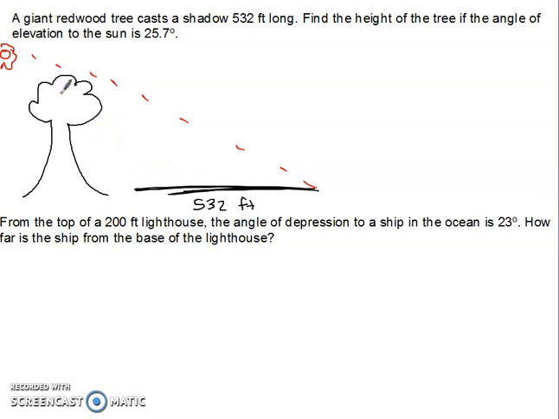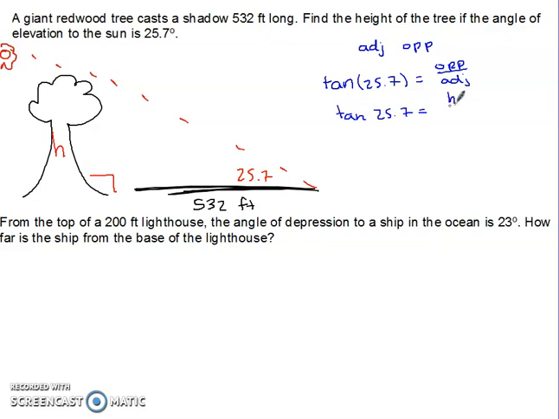Assuming that the tree grows straight up, this will be a 90-degree angle, and we are asked to find h when this angle is 25.7 degrees. So I have the adjacent leg, and I want to find the opposite side. The trig function that uses adjacent and opposite is tangent. So the relationship is that tangent of my angle 25.7 is equal to the opposite side over the adjacent side. So tangent of 25.7 is equal to h over